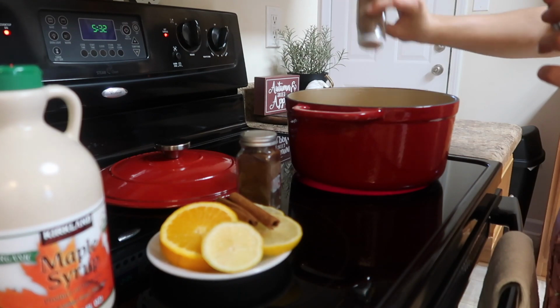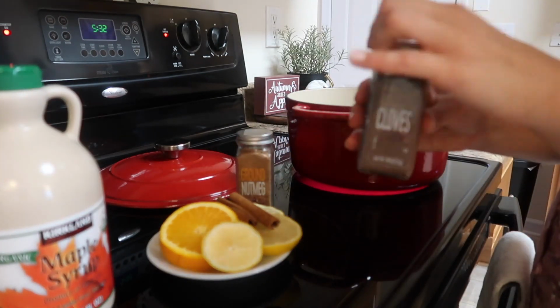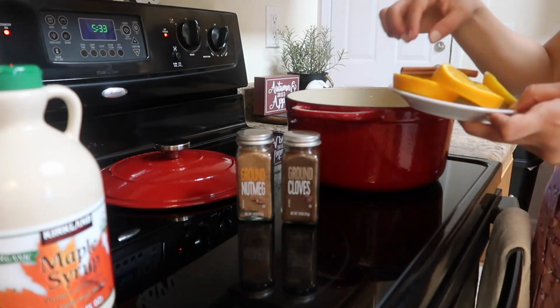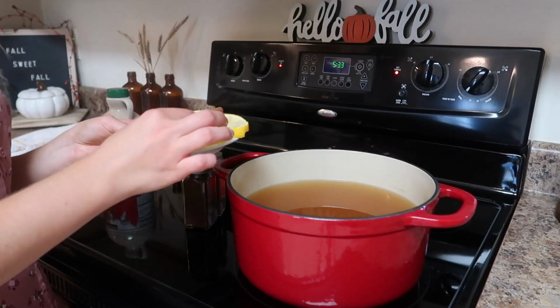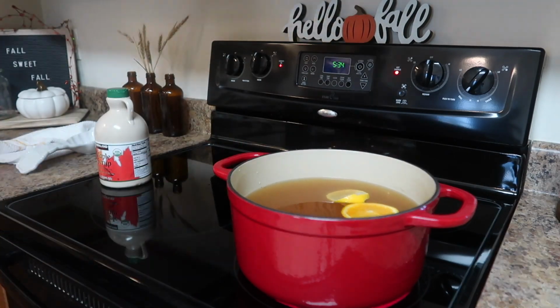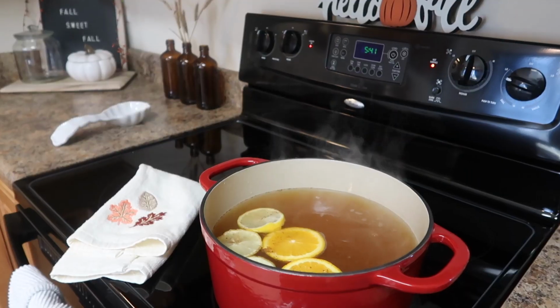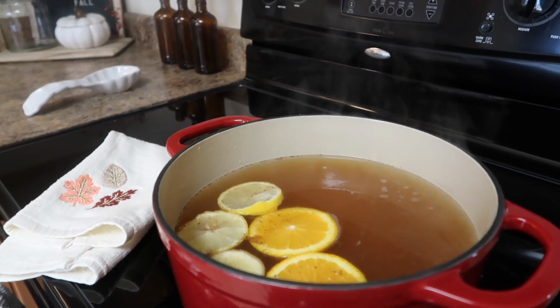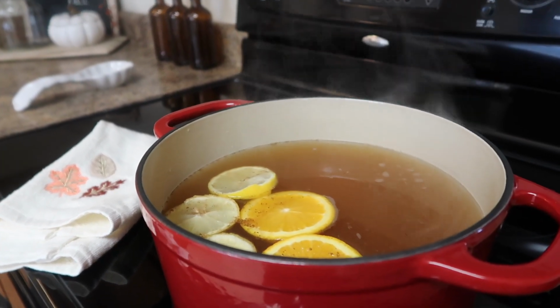Putting in some nutmeg as well and clove spices. I am adding some cinnamon stick, and I used half a lemon and half an orange. I sliced those up and just threw them in, and we're gonna boil all this together for about 10 to 15 minutes. We're gonna simmer this, and while that's simmering, the whole house